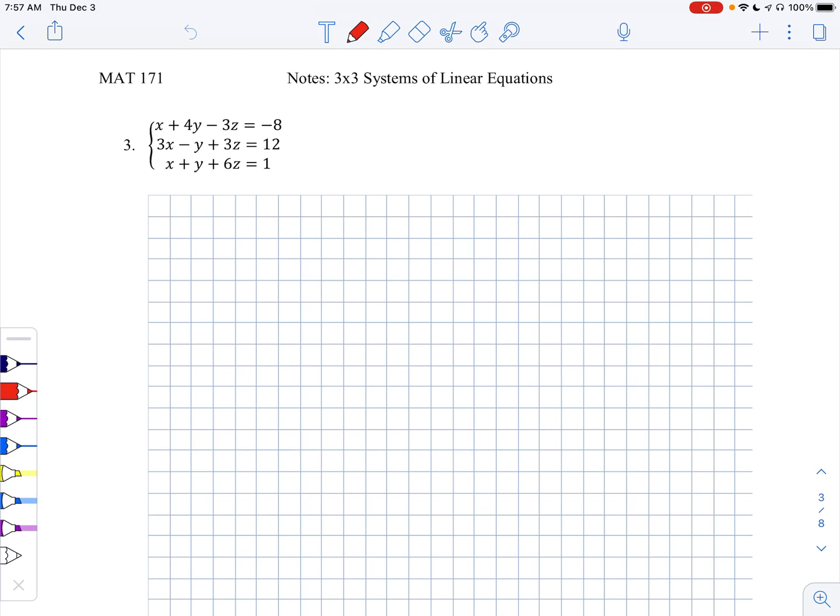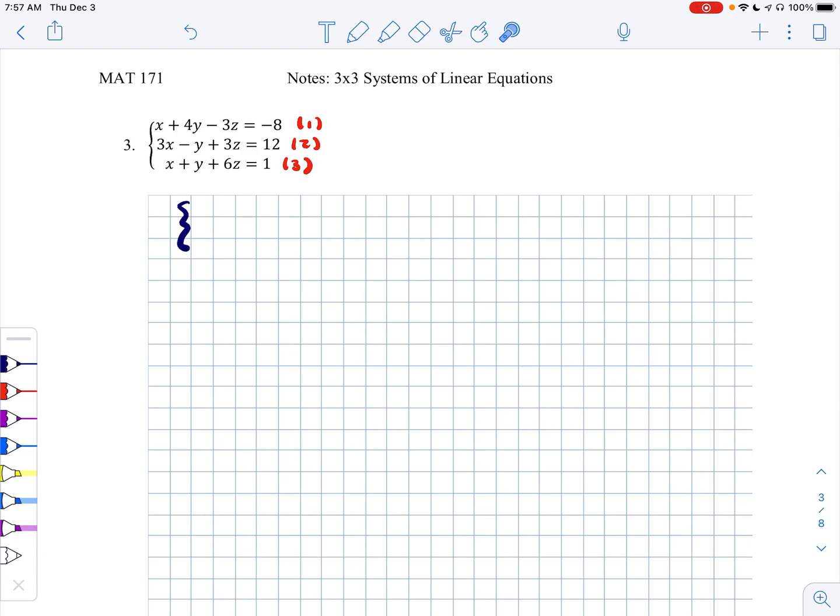So we're going to take our 3 by 3 system, we're going to separate it into 2 pairs, and then we're going to eliminate the same variable in order to get a 2 by 2 system. So as usual, I'm going to label these as my equations 1, 2, and 3. And I want to try to separate these into 2 different pairs. All right, so I always like to kind of look ahead and decide what variable maybe looks the easiest to